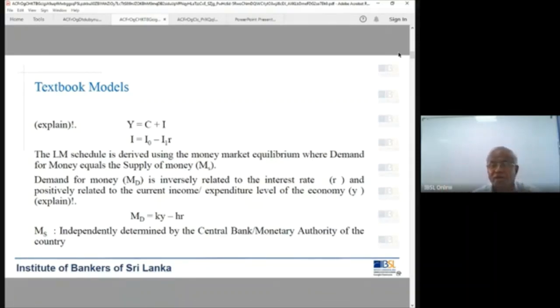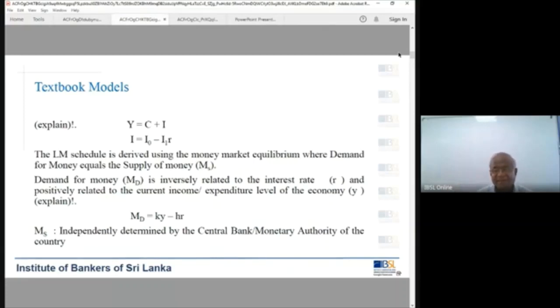Interest rate is the opportunity cost of money; that definition is used here. For the investment and interest rate relationship, we defined interest rate as the cost of funds. Here, it is opportunity cost. When the interest rate increases, opportunity cost increases. If I have a 100 rupee note and the interest rate is 8%, and the bank deposit rate increases, I don't want to keep this money with me. I go and deposit it. Demand for money decreases.